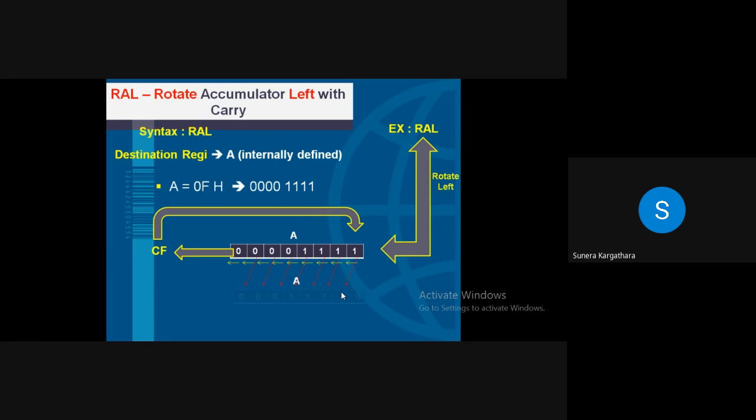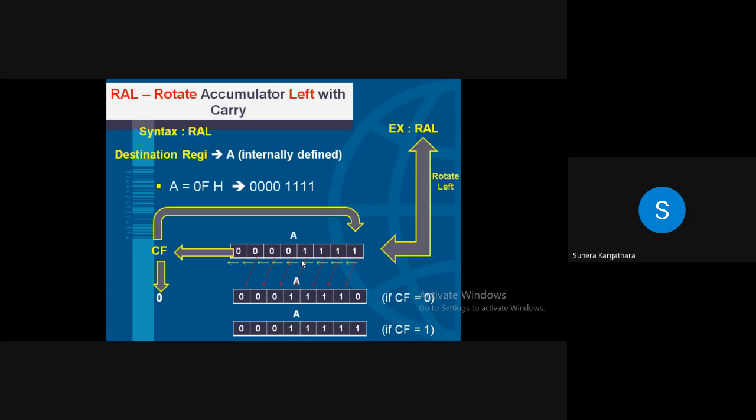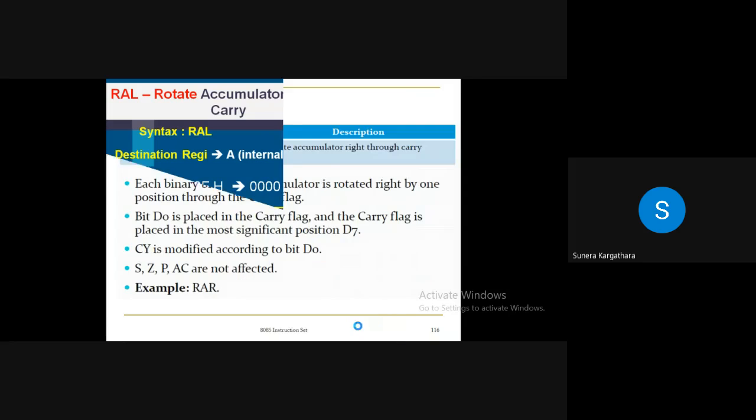The shift bit is shifted towards left by 1 position. If carry flag is set... the initial value of carry flag is 0. ये 0 यहाँ पे गया. This 0 will be transferred here, and 1 bit will be shifting towards left. But if your carry flag is 1, आपका D7 bit है वो carry में गया. But your carry bit was 1, so your last bit is 1. Are you getting me, student?